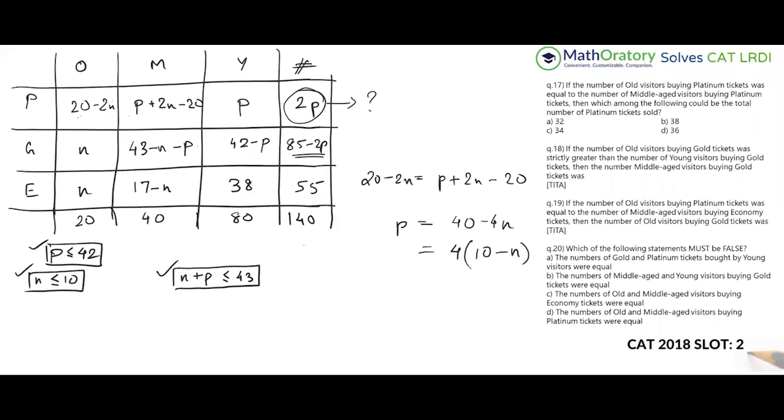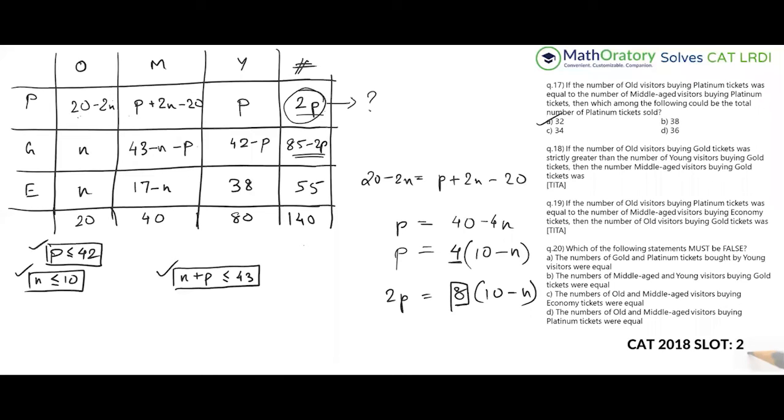But the only thing that I can find here is p is a multiple of 4, right? The thing we are checking for is 2p. Now 2p, obviously then, you can do this mentally also, should be a multiple of 8. So what we know is 2p, whatever is the value, has to be a multiple of 8. If I look at the options, there is only one such value, 32, which is a multiple of 8. So that should be the answer. So that is it for 17.